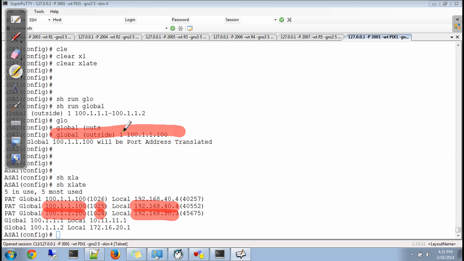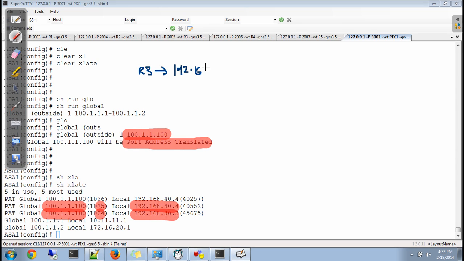It's saying that this IP is added to, which means this IP will be assigned to multiple users with different port numbers. So when R3 comes with address, okay, he comes here.